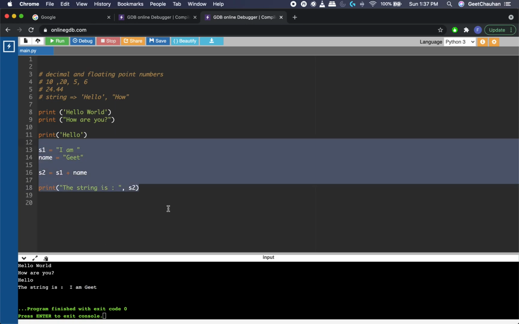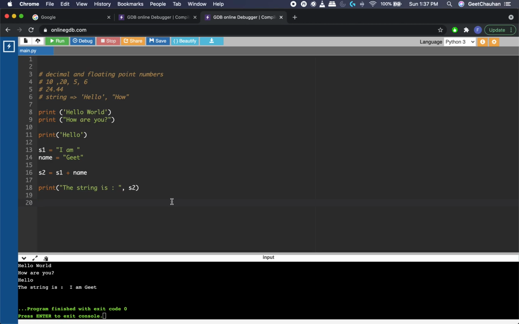So there is a lot in strings, and this is pretty much the basics of strings, which will be really useful. Strings and numbers are the ones which we will use in almost each